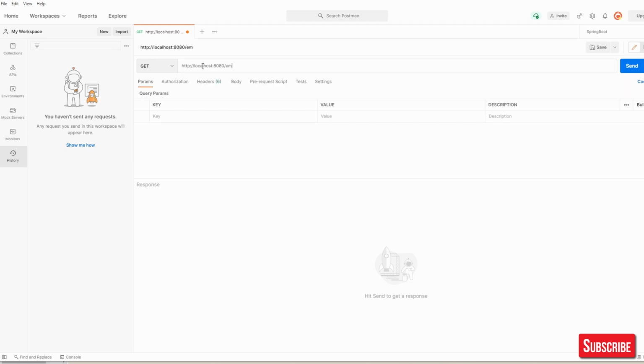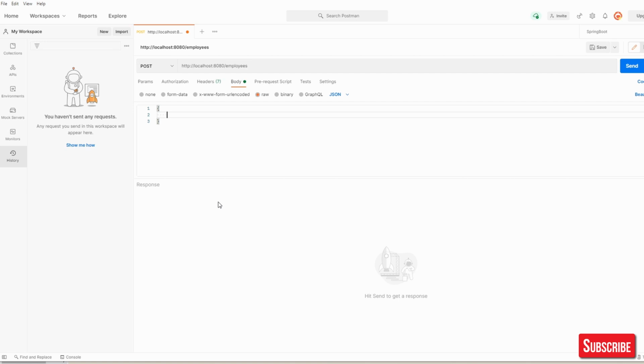Here we'll go with employees. Okay, and we'll go with POST. We also have to send the body, and the data format will be raw, and you have to select JSON from here. This is in curly braces, and you have to give all the properties of employee.